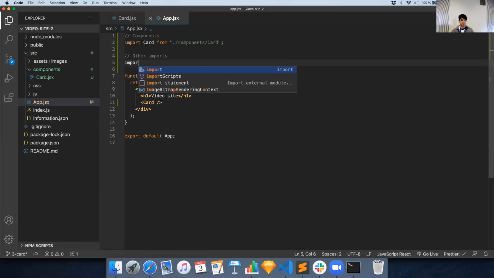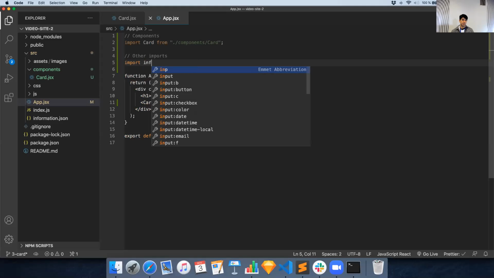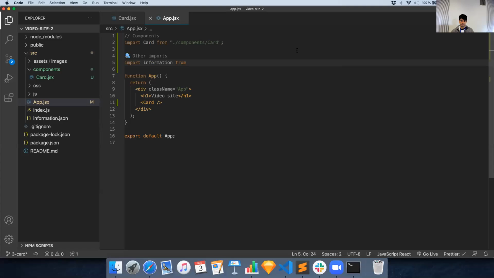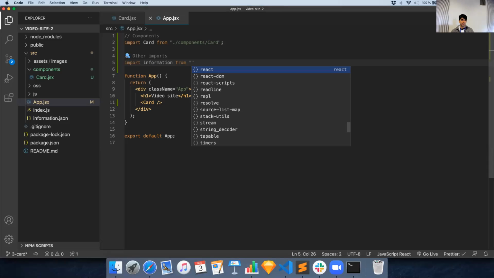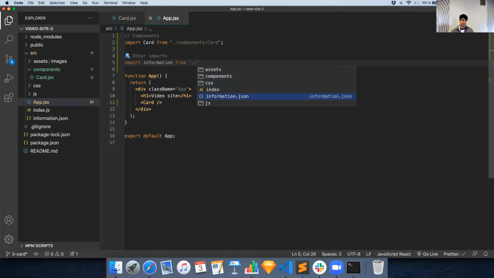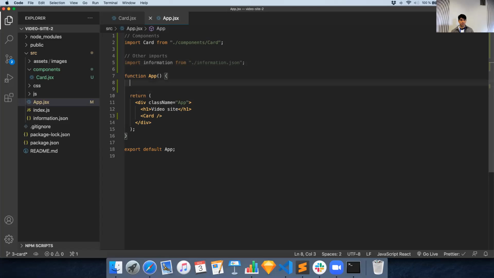So import information from dot slash, and information is in the root, so I don't need to enter a folder. Perfect. And just to be sure that the information is working, I will say console log information, and I will open the console,